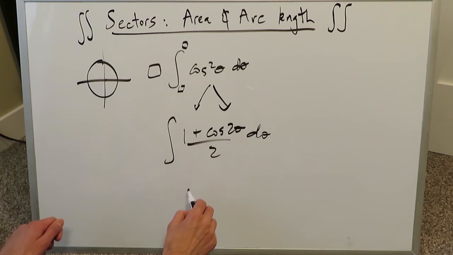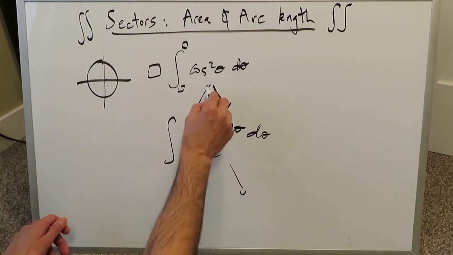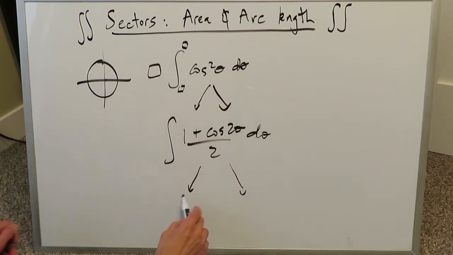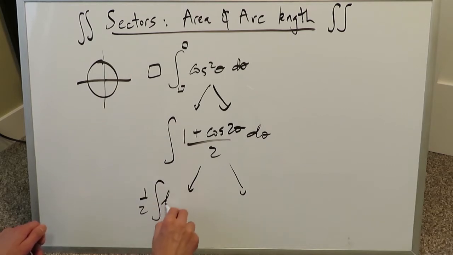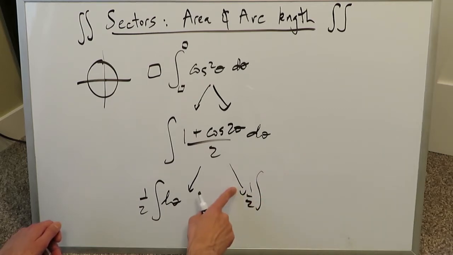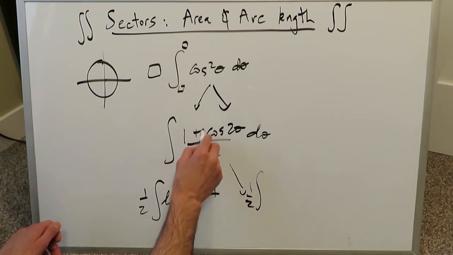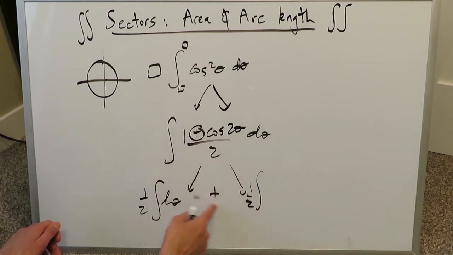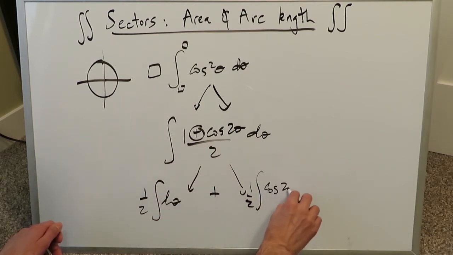And when you split this further, I should have probably just put a single arrow here, but who cares. This will come out as 1 over 2 d theta. There could be a coefficient sitting here and the limits over here, and this right here would be 1 over 2. Again, there's a coefficient sitting over here. This is my plus sign because I've separated everything across a plus sign, and I have cosine 2 theta